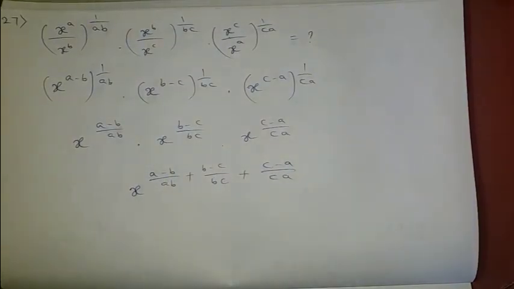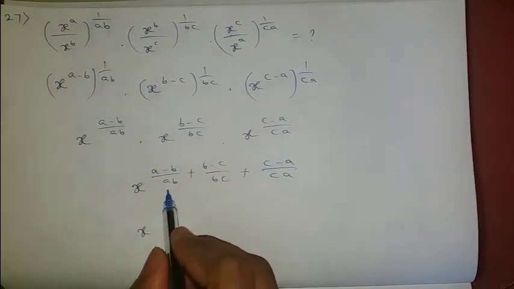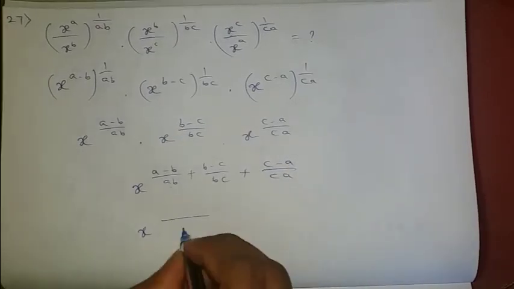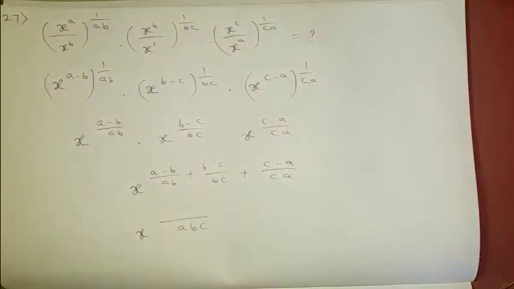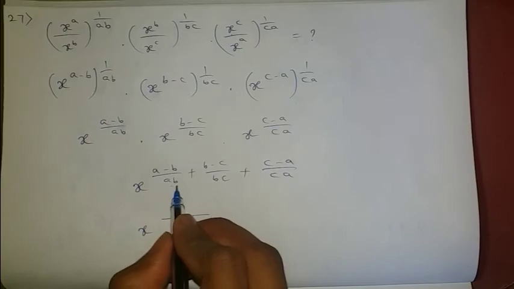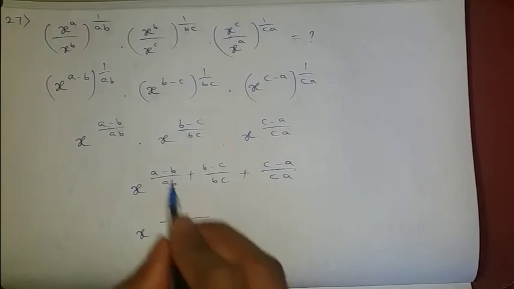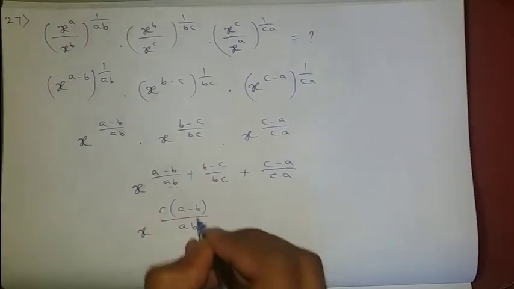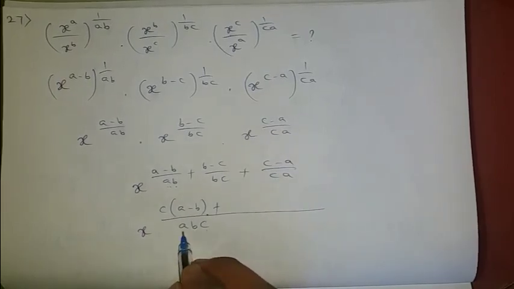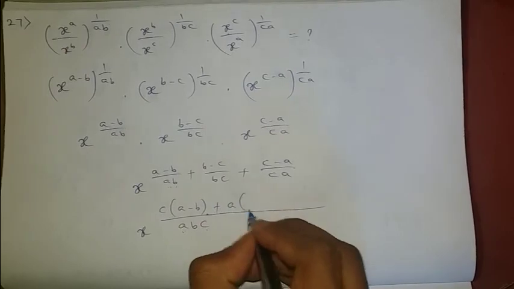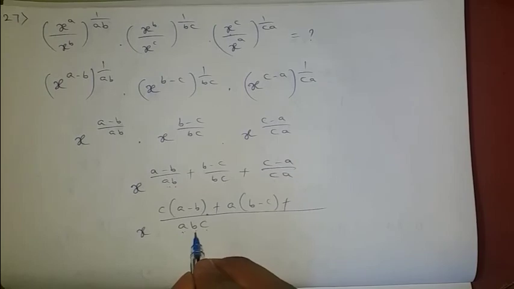If we add all the powers now, x power... the denominators are ab, bc, ca. If we take the LCM of that, we will get abc. Here we have only ab, but in the denominator abc is there, so extra c. This c you multiply with the numerator: c(a−b) plus, here bc is there but abc is there, so extra a, this a you multiply to the numerator: a(b−c) plus, ca is there but abc is there, so extra b, that b you